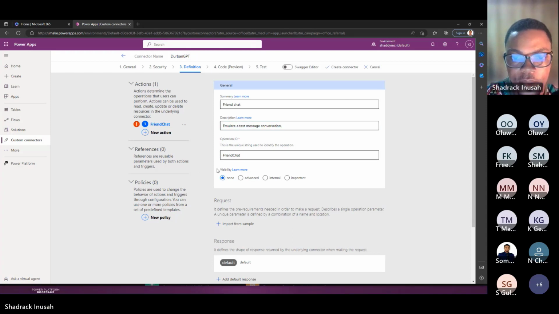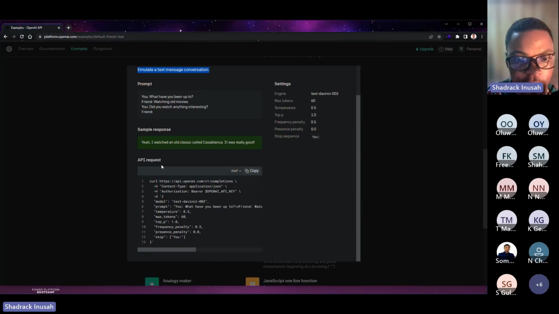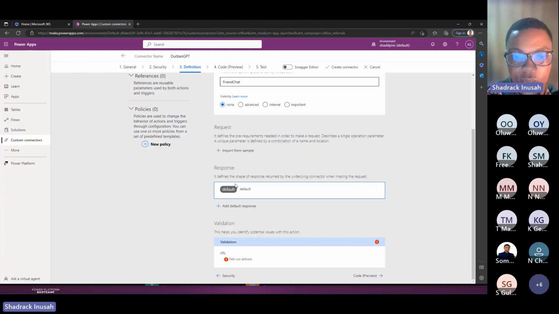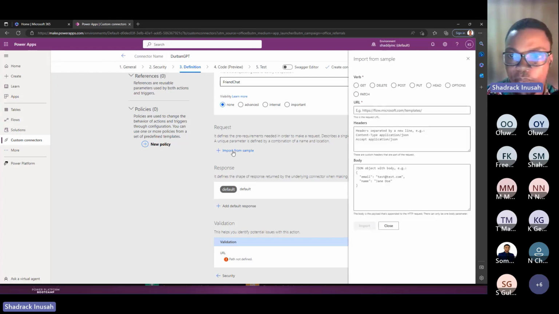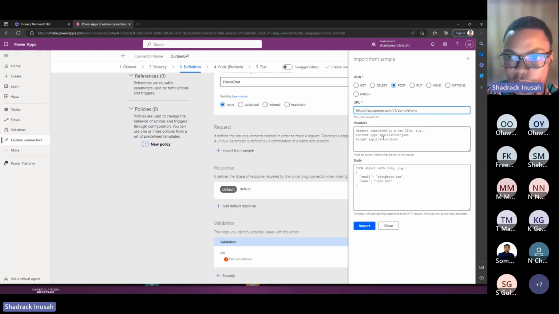All right. So now the next thing to do is to go to the request. Okay. And this is the request, API request. This is the request. So we just come to import. It's a post request, post API request, the URL. So everything is here. We don't need to go anywhere. Everything is here. The URL is here. So you come and copy it up. You go in here and paste it.